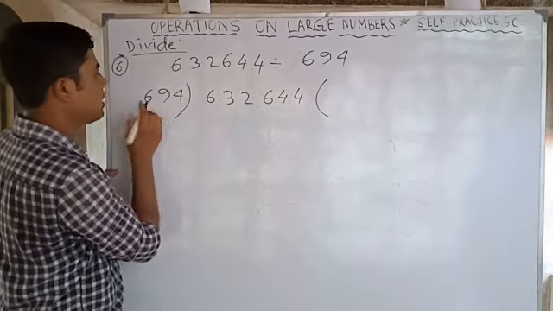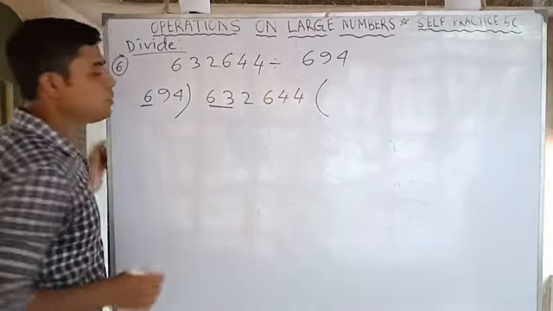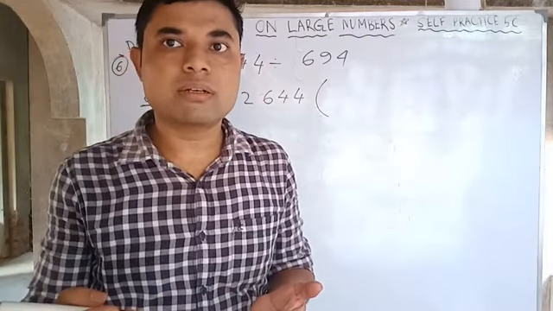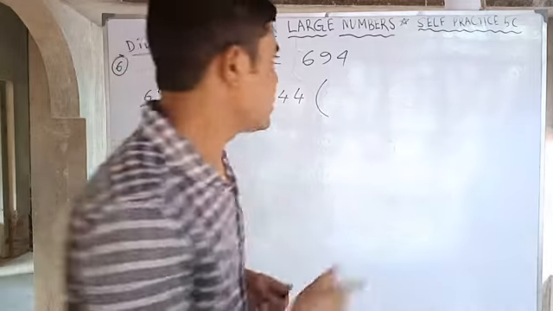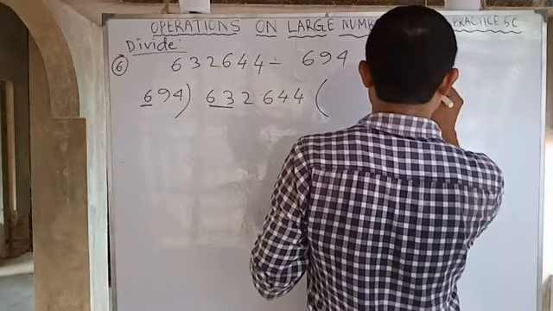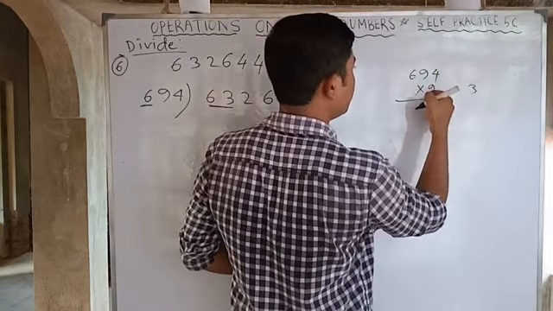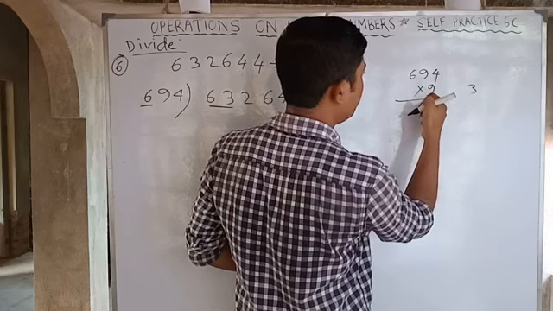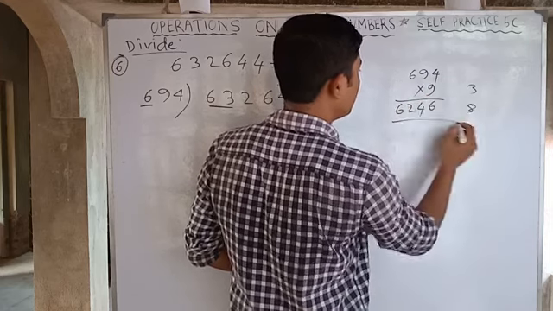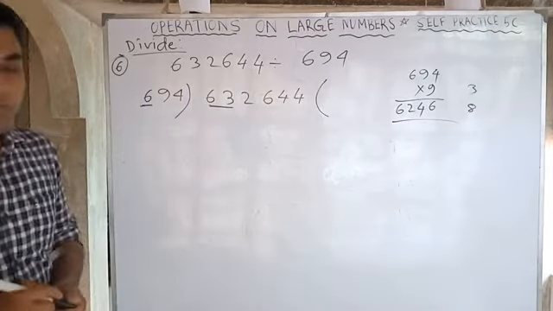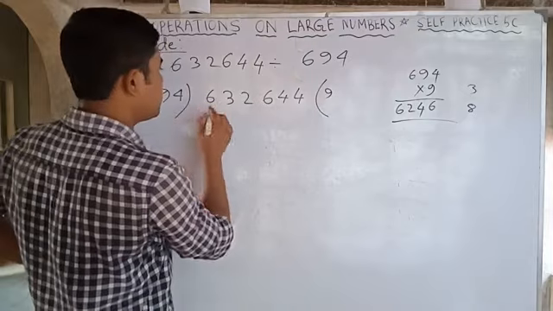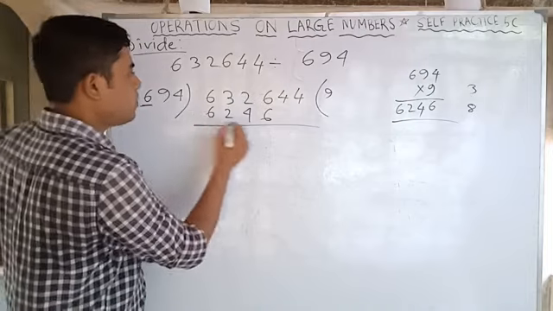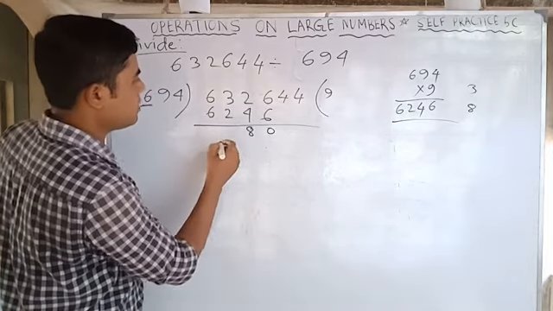Now we will see for what. Look, it is 6 and here 63. If you count the table, 6 tens are 60, but you cannot take 10. So check for 9. Let's check. 6 9s are 54 and 9. 6 carry 3, 80, 81, 84, 54 and 8, 62. 6 2 4 6. So by 9 it is 6 2 4 6. Is it clear? So 0 8, that's all.